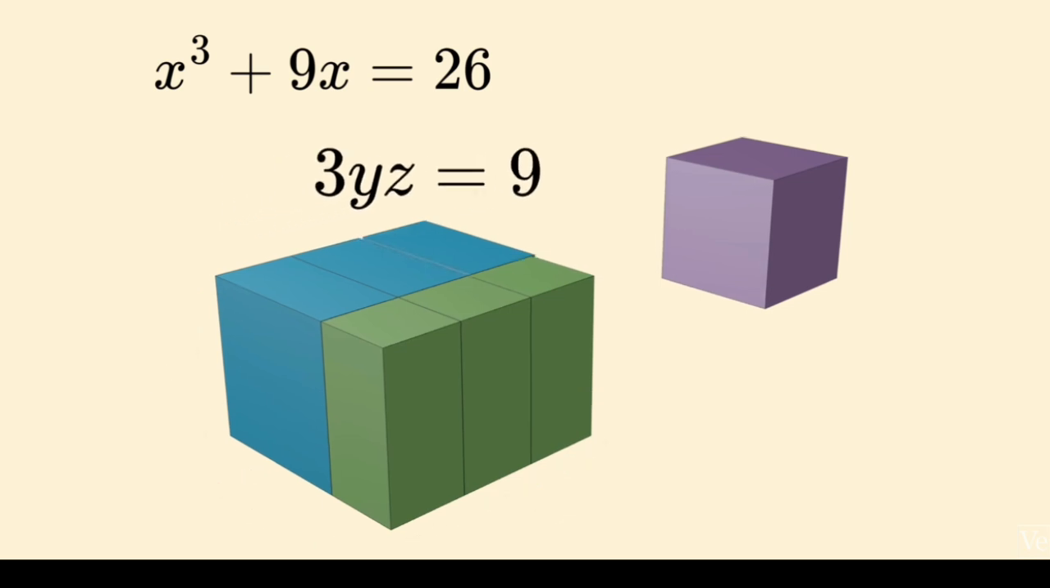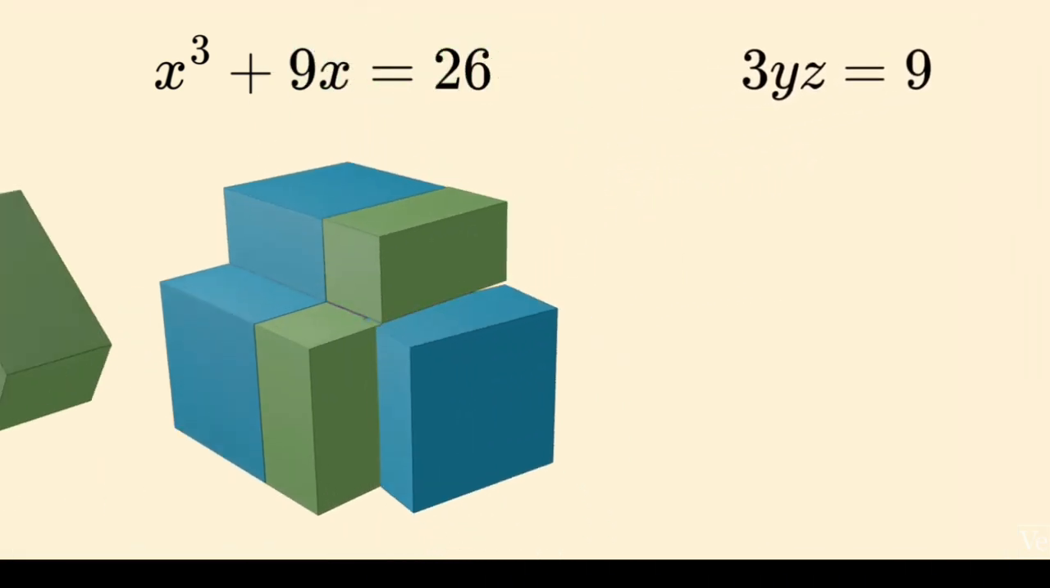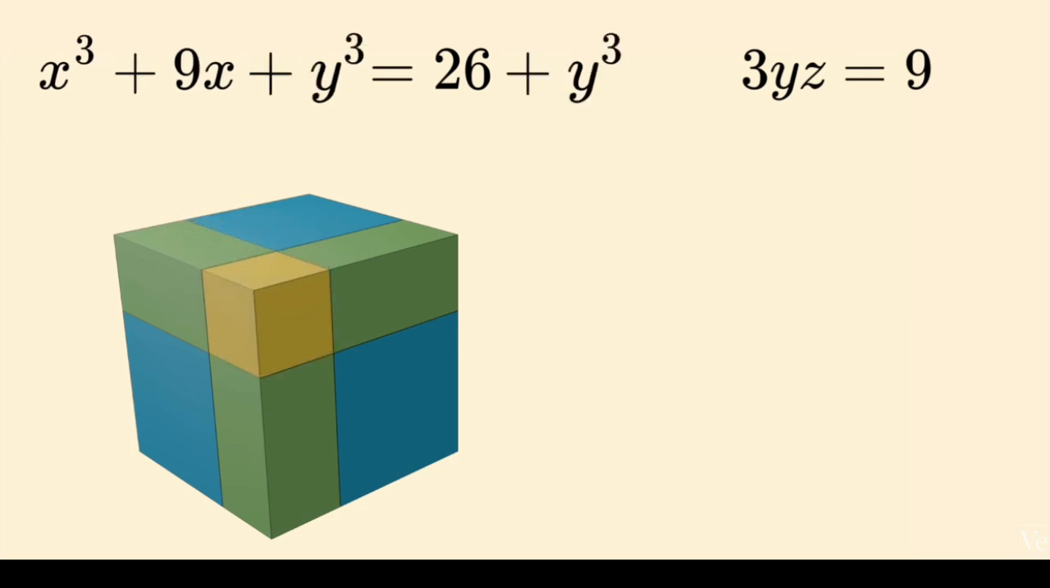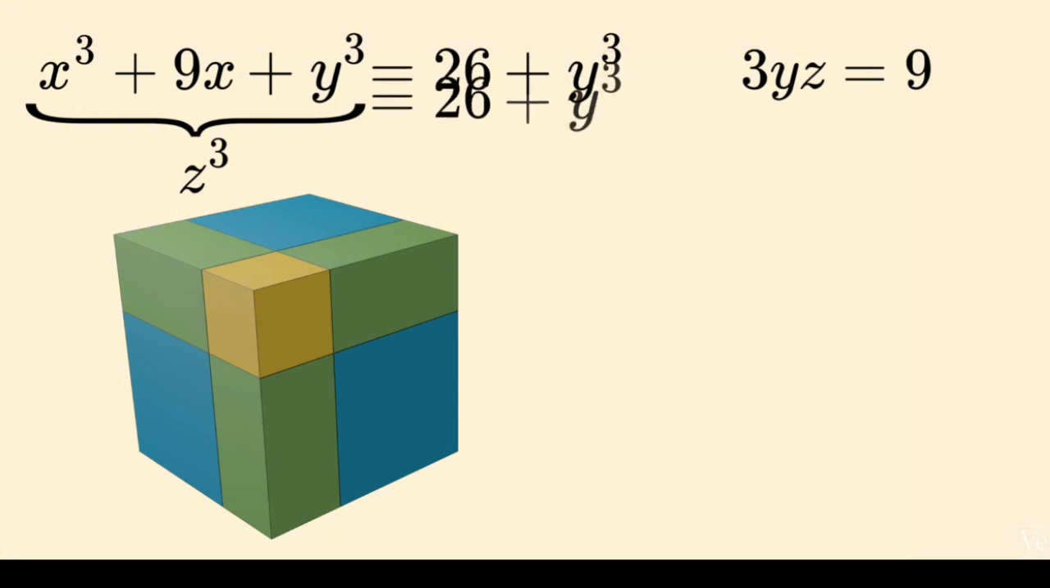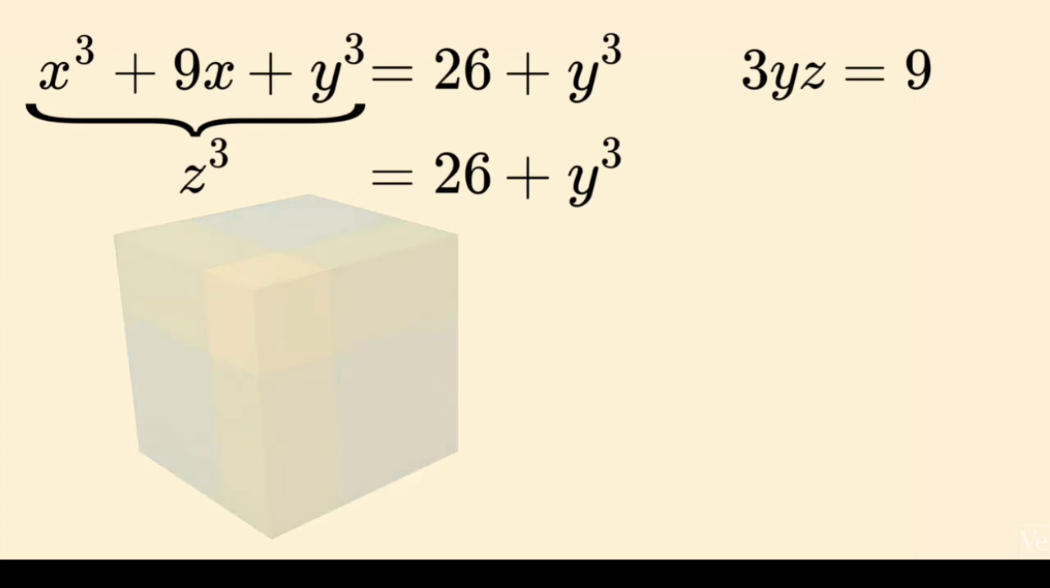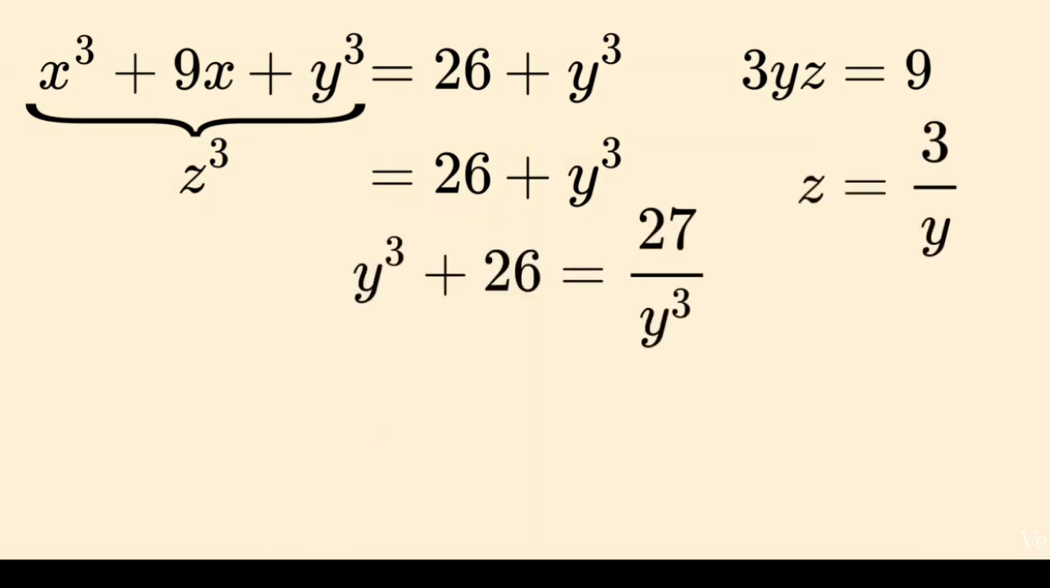Putting the cube back together, you find we're missing the one small y cubed block. So we can complete the cube by adding y cubed to both sides of the equation. Now we have z cubed, the complete larger cube, equals 26 plus y cubed. We have 2 equations and 2 unknowns. Solving the first equation for z and substituting into the second, we get y to the 6 plus 26y cubed